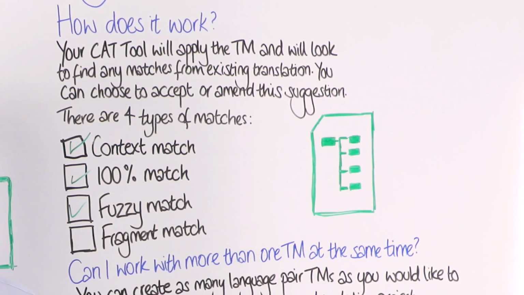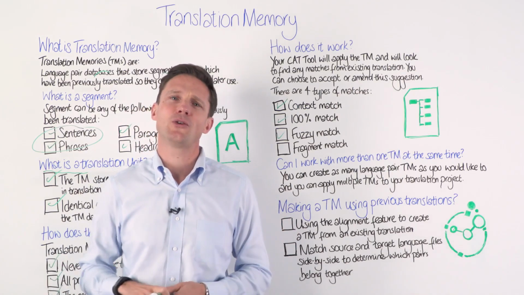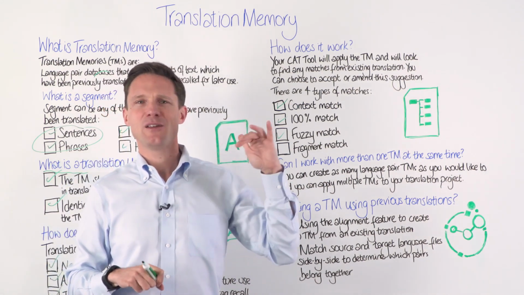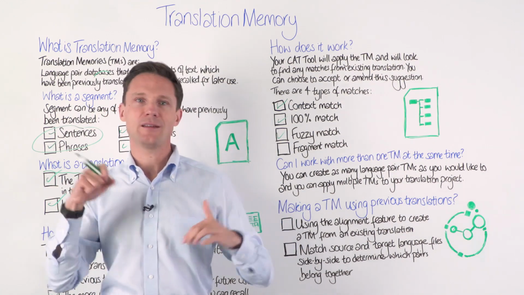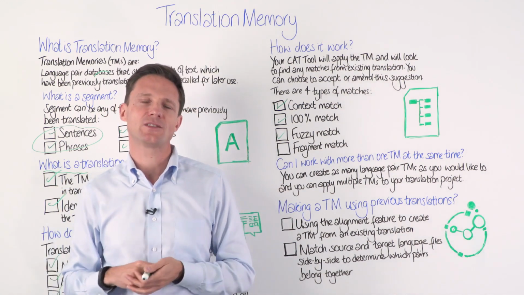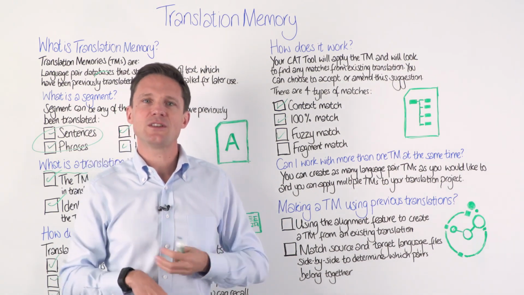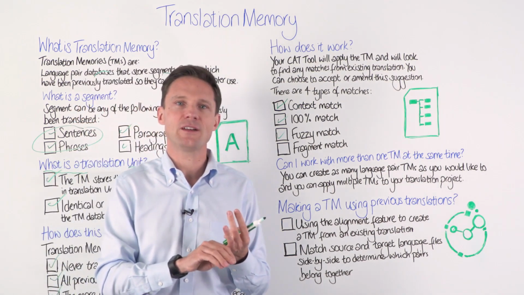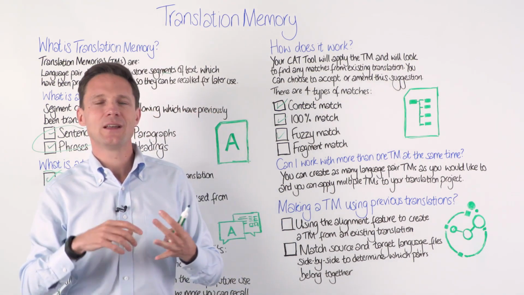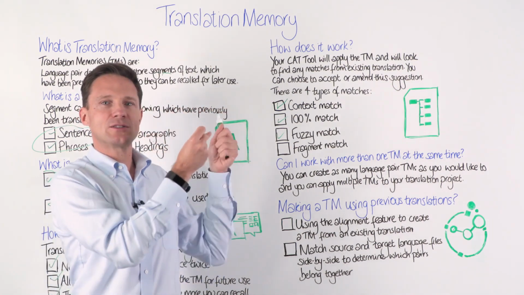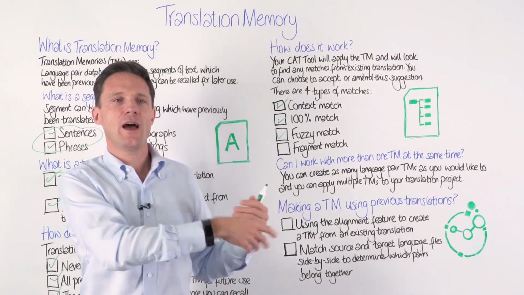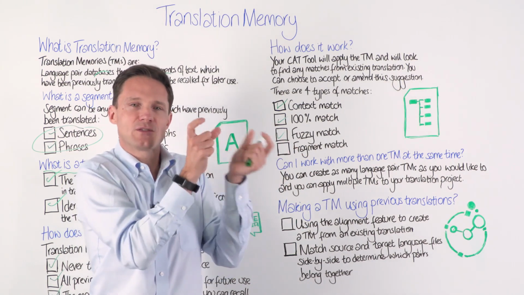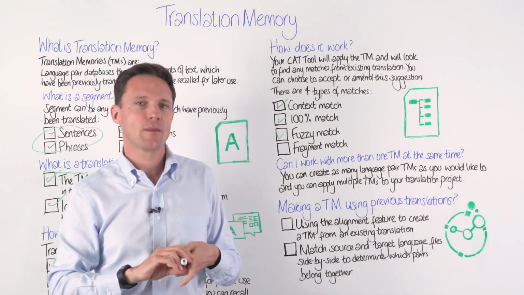Then we go down a level to what we call a fuzzy match. And in fact, the industry calls it a fuzzy match. So that's something below a 100% match. Typically, you might hear about 70, 80, 90, 95, 99% match. So that's clearly a sentence which is similar but not identical. And the differences could be a word different, or a formatting difference. So various little things, which means that the translation memory will suggest that translation, and then you can fix it, add a missing word, replace a word, restructure that sentence a little bit to make it work.